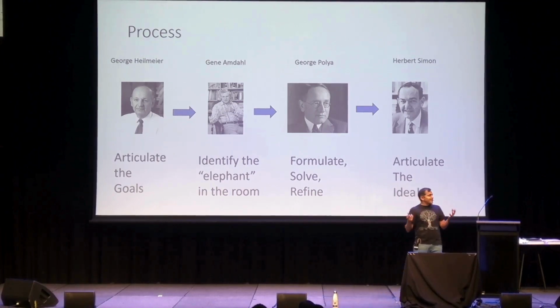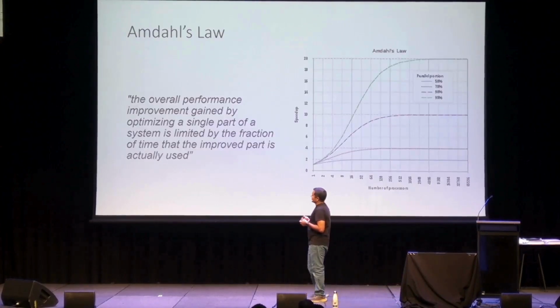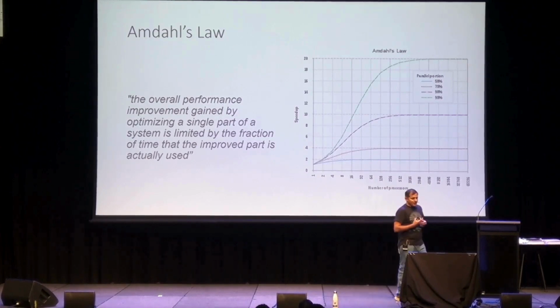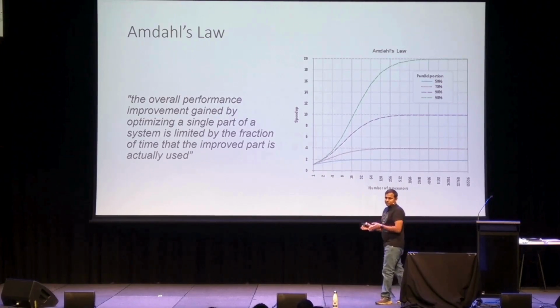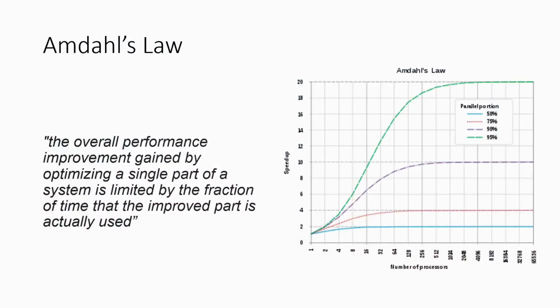If you've ever taken a computer systems class or an architecture class or a supercomputing class, you probably have heard of Amdahl's law. Very easy to state. It came from the world of parallel computing and supercomputing. It says the overall performance improvement gained by optimizing any single part of the system is limited by the fraction of time that part is actually used. So imagine you have a program and you're trying to parallelize it. You can spend all of your effort parallelizing something that only contributes 2% to the overall program, and you can make that 100% better, but your overall ROI, return on investment, is going to be limited.